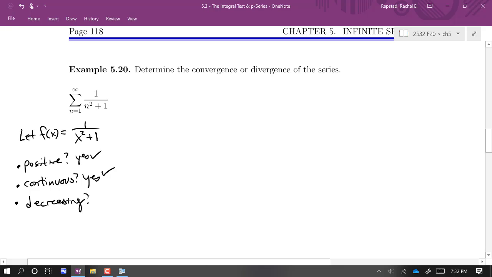Now, we could check like we did the last one and find the derivative and show that it's going to be negative for all values of x, or at least 1, and that'll work. And it's actually not that hard. You could actually check that out. But that's not our only option. We can tell it's decreasing